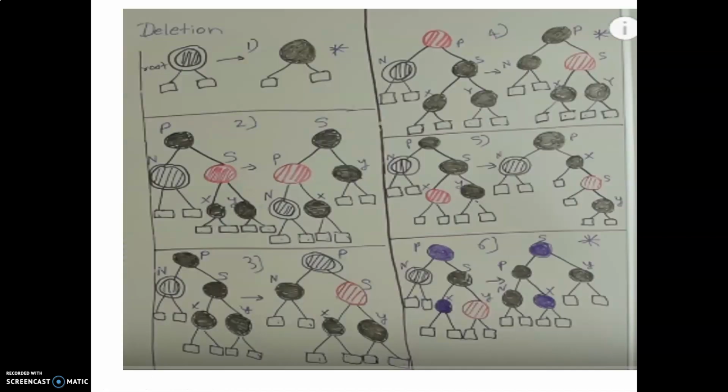To remove this, we have 6 different cases. To understand these cases one by one, first you have to take care that these are the rules which we need to remember. How to understand these cases: these are double black nodes, these are black nodes and these are red nodes. And these blue color nodes, we don't care whether they are black or red. The rotation can be done. So we will assume that these are double black nodes, these are black nodes, these are red nodes, and irrespective of what color these blue nodes have, we can do rotation if these conditions are true.